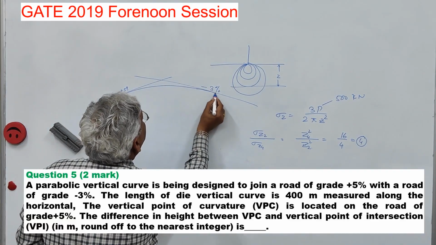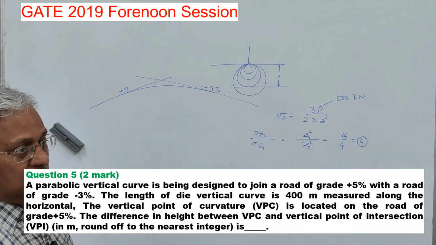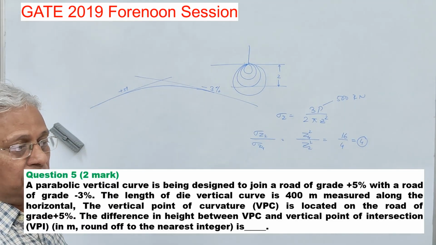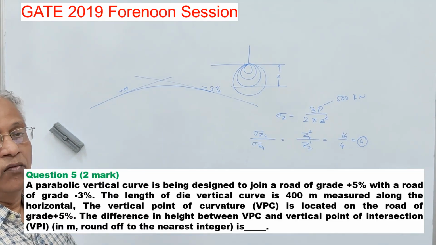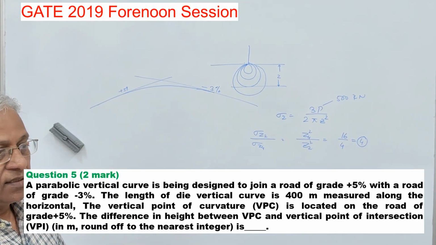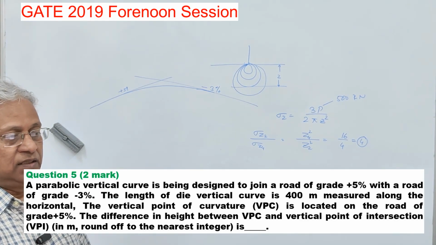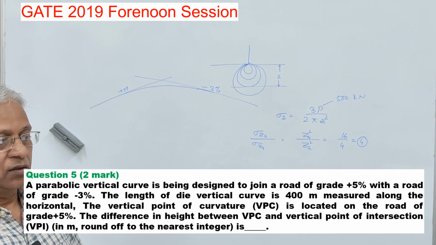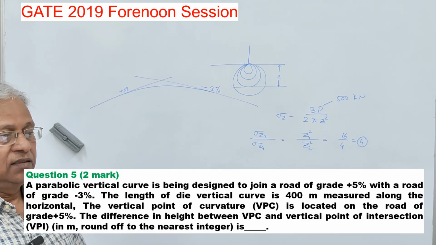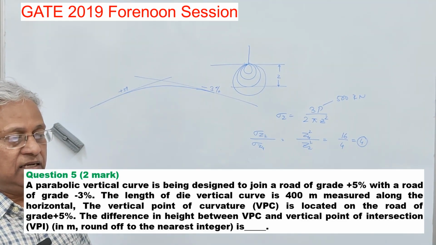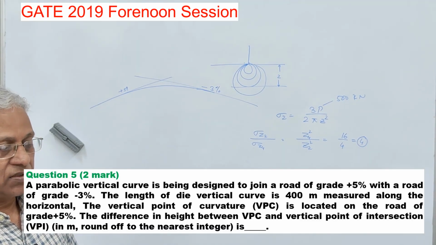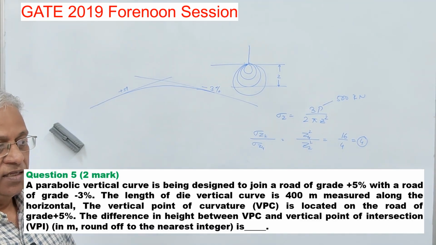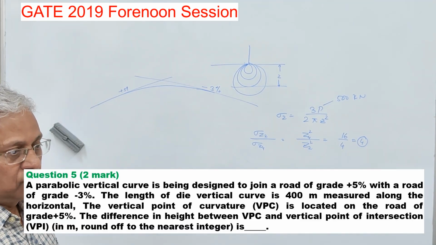Now, the length of vertical curve is 400 meter measured along the horizontal. The vertical point of curvature VPC is located on the road of grade 5. The difference of height between VPC and vertical point of intersection, that is VPI in meter, rounded off to nearest